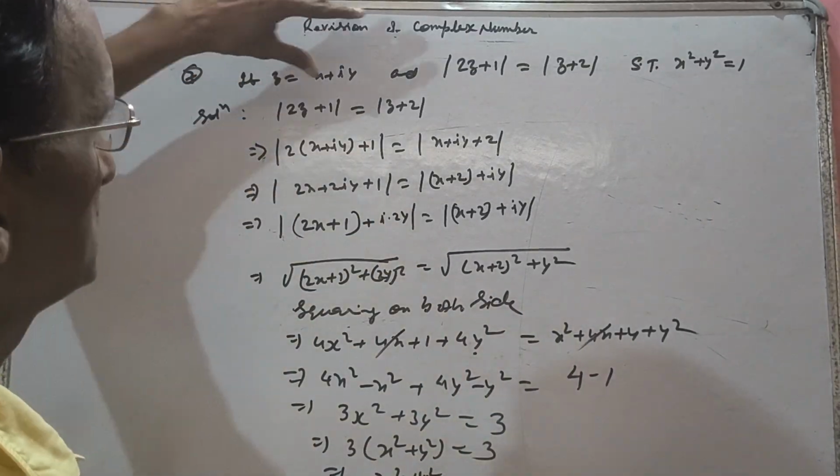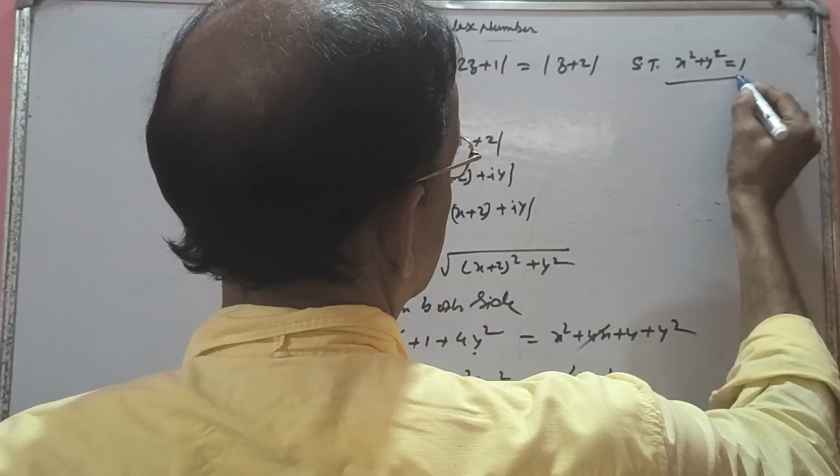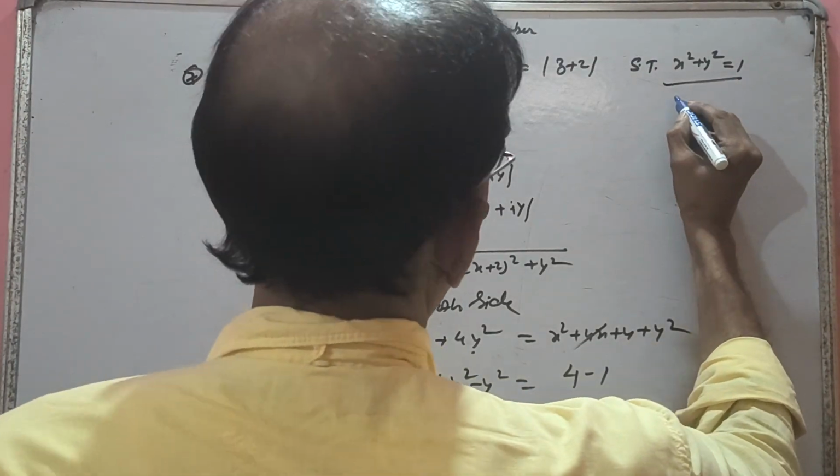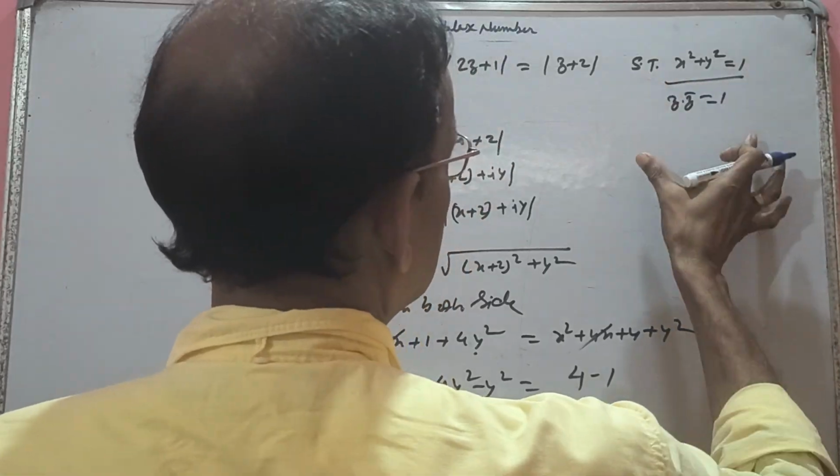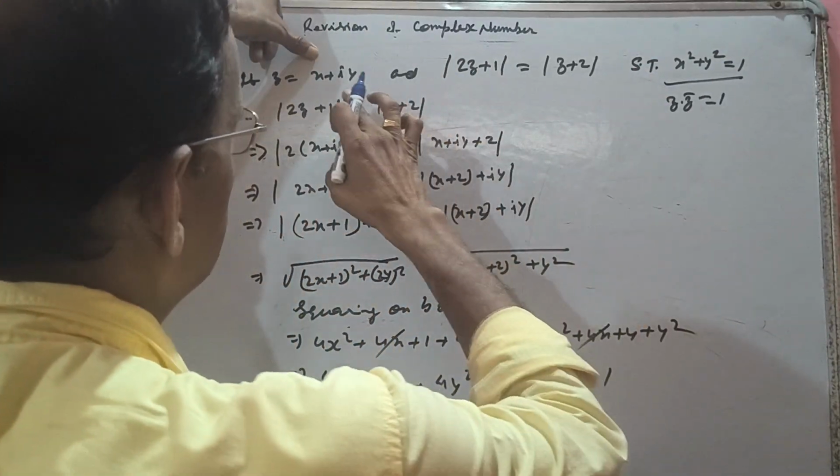Sometimes this question is given like that, and they change it. They will write that z into z bar equals 1. Same question. If here, if z equals x